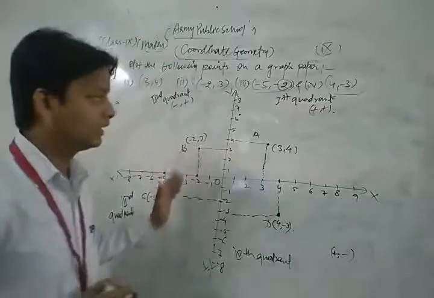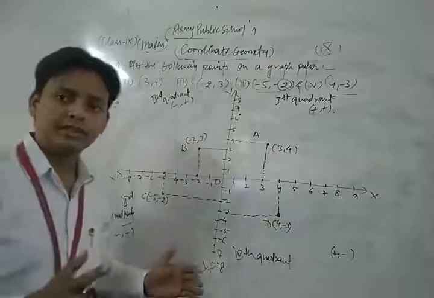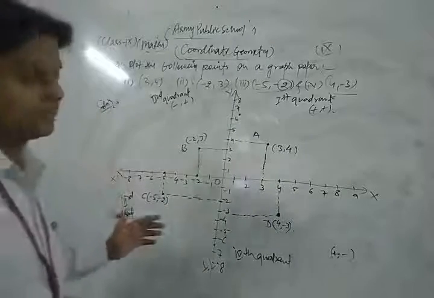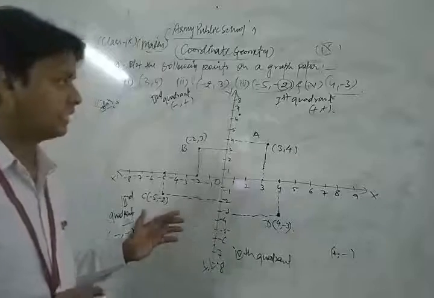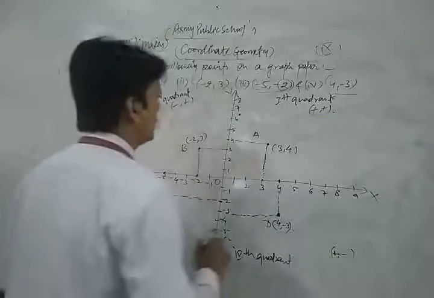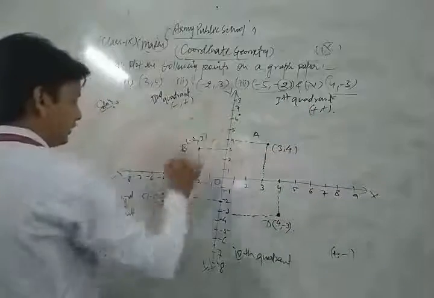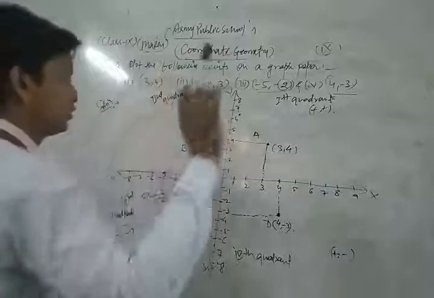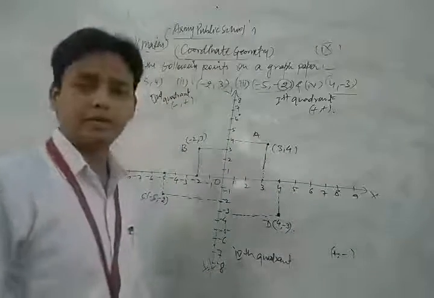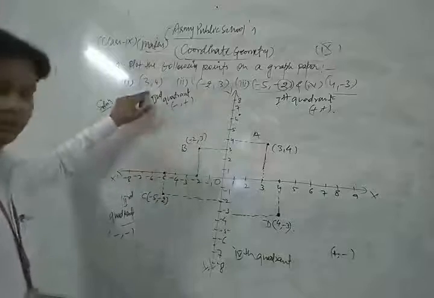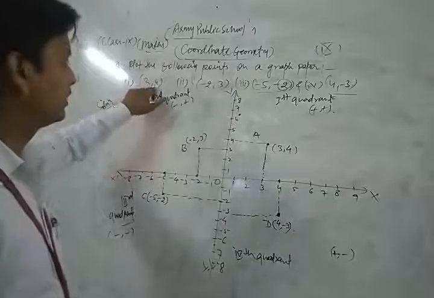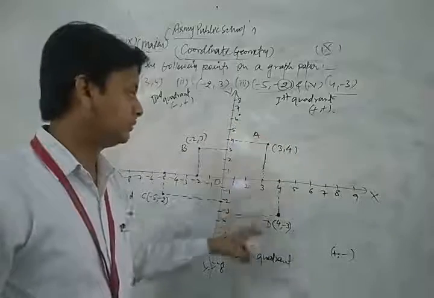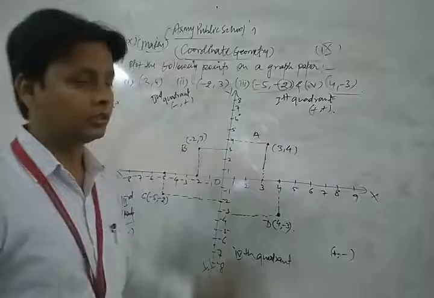Okay, so this is the method of plotting points on graph paper, dear students. Please do more and more practice of this type of question. Here this is your first quadrant, second quadrant, third quadrant, fourth quadrant. Is it clear, everyone? We plotted the points (3, 4), (-2, 3), (-5, -2) and (4, -3). First we take (3, 4): the abscissa and ordinate are both positive, so it lies in the first quadrant. We plot it here at that place.